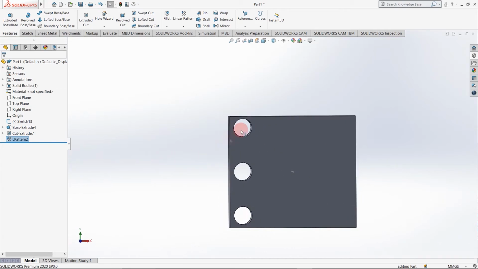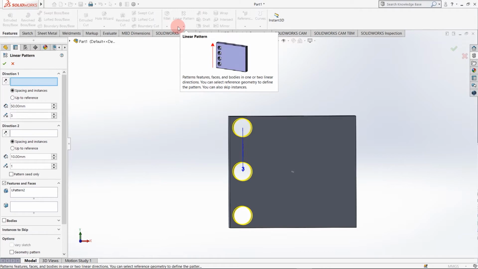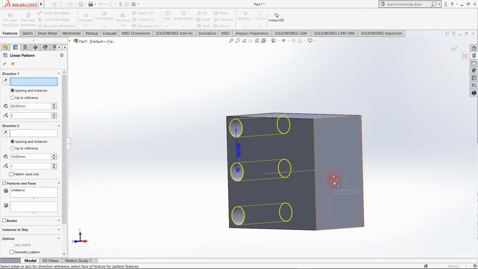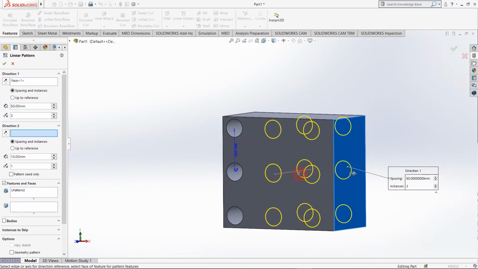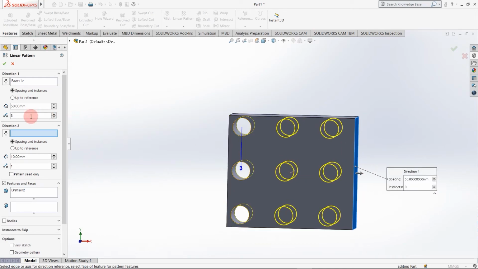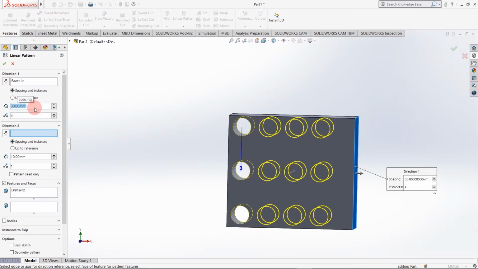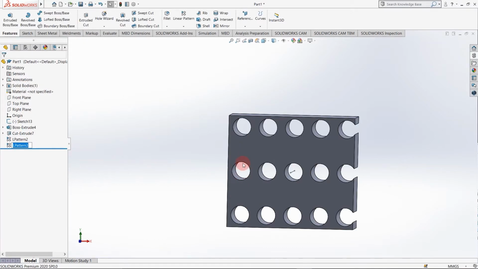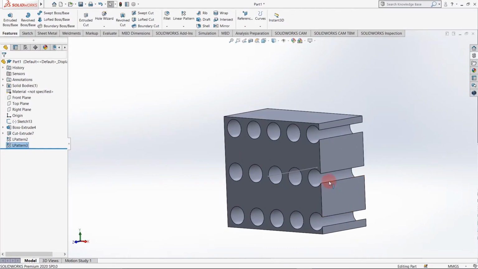Now I want this pattern up to this end. Again I select linear pattern. For direction I select this surface and I want 4 holes at a distance of 30 mm, say 5 holes, and click OK. As you can see, the linear pattern is created.